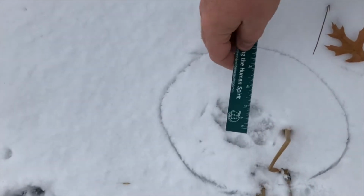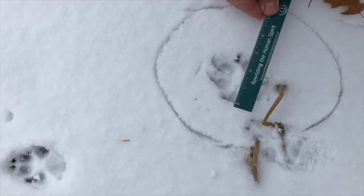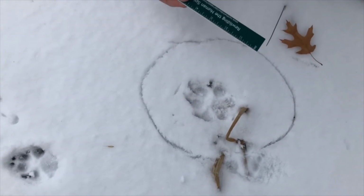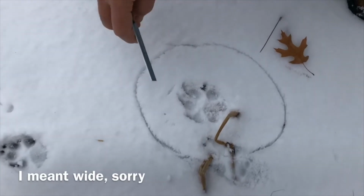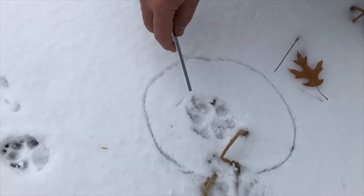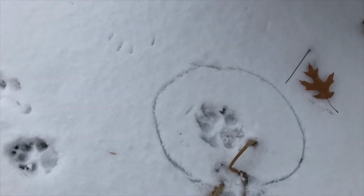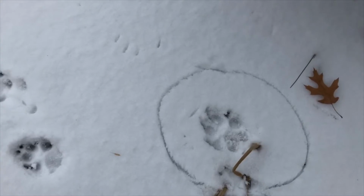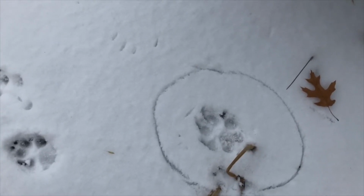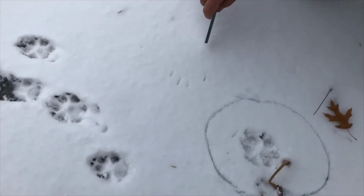First of all, this track is 3 inches wide. I've never seen a wild dog track that was that long. Second of all, look how long these claws are. In wild dog tracks, the claws are typically shorter because they get worn down as the dog runs across a wild substrate. Also, in a wild dog track,